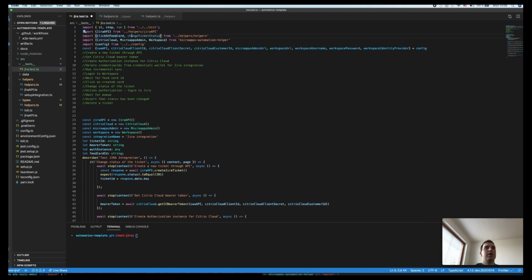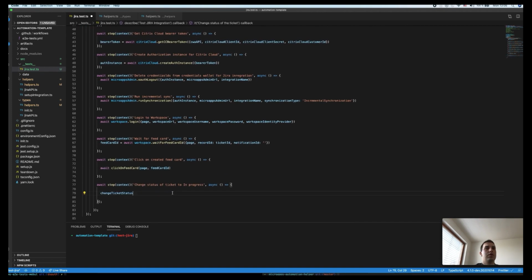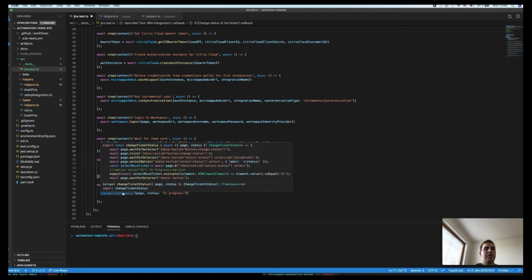Change ticket status. And we need to pass a page and the status. And we would like to set status to in progress. I will just double check the function. Yes,